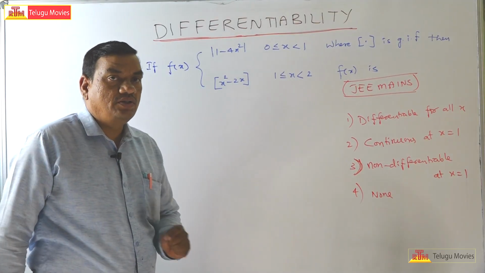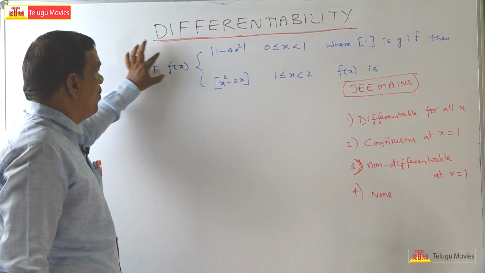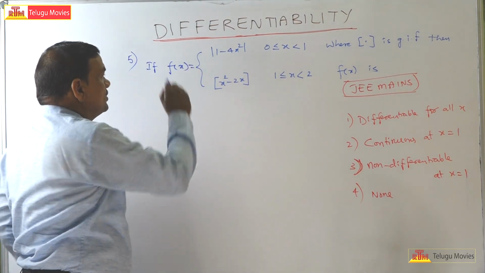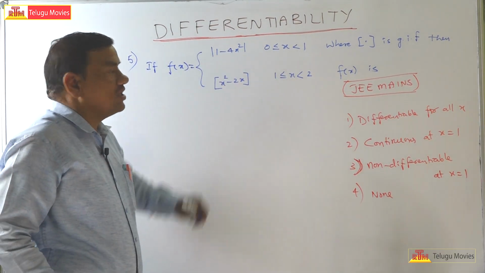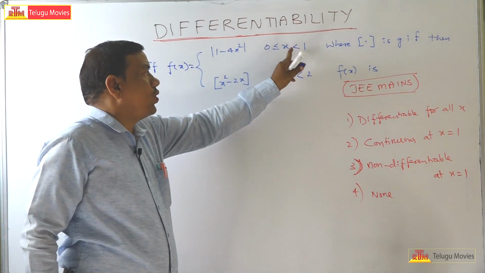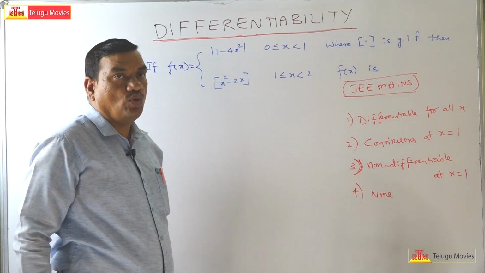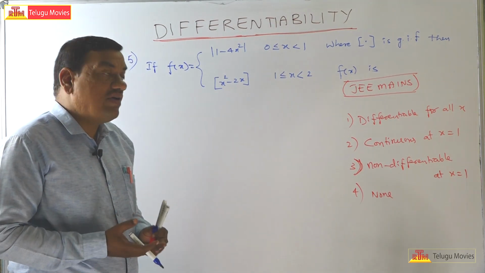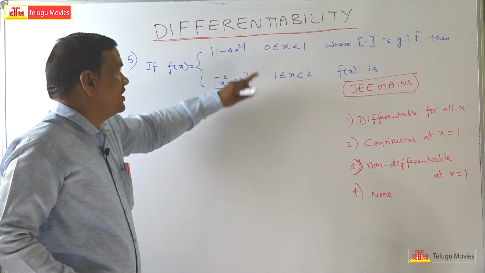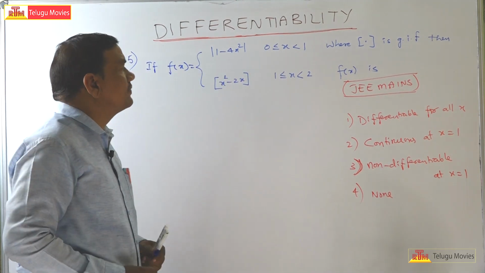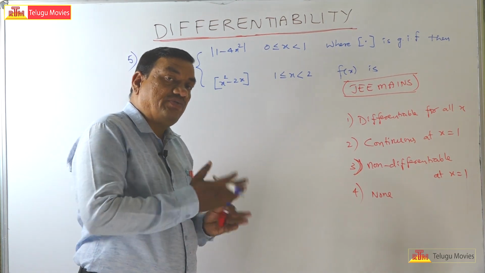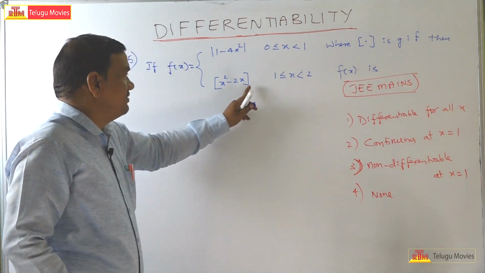Welcome to this problem. Here the function is defined as f of x is equal to modulus of 1 minus 4x square when 0 less than or equal to x less than or equal to 1. So where x lies between 0 and 1, the function is defined as modulus of 1 minus 4x square. When x lies between 1 and 2, your function is defined as